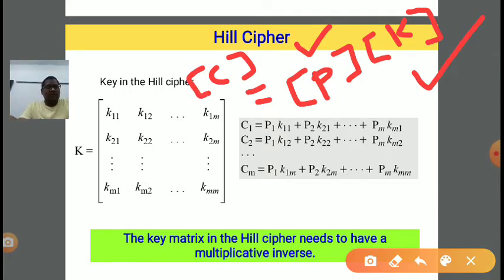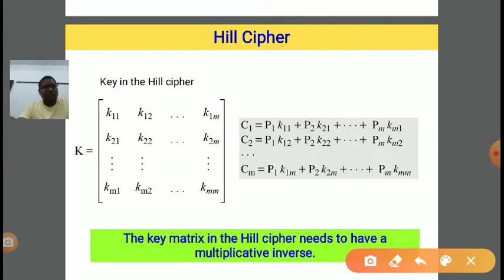So how to do that? If you want to generate the first ciphertext character, how do we generate it? C1 is equal to P1 into K11 plus P2 into K21 plus P3 into K31 and so on, plus Pm into Km1. Clear? So P1, P2, P3, P4, we take in this manner, right?